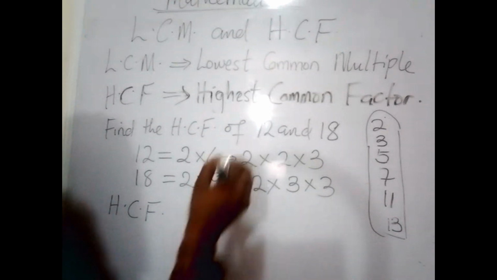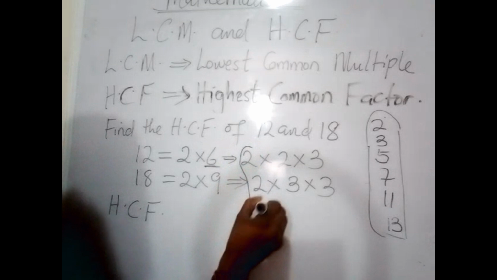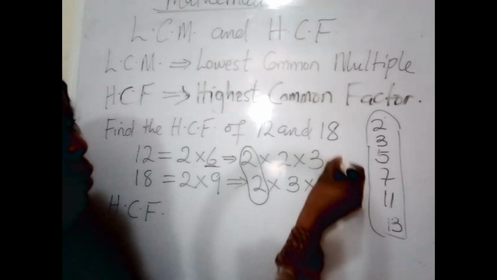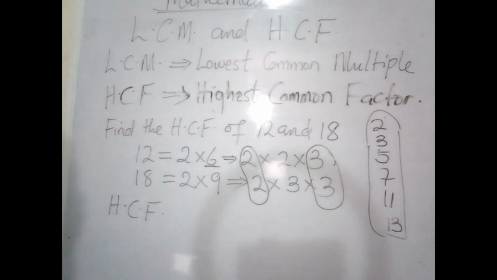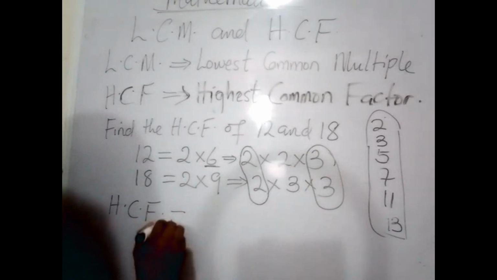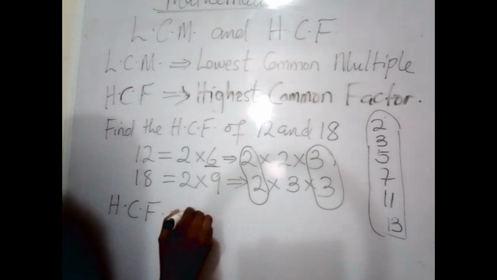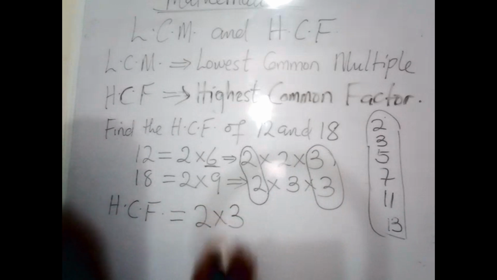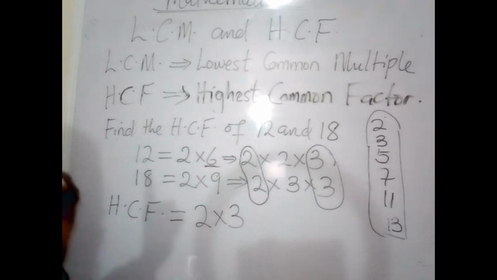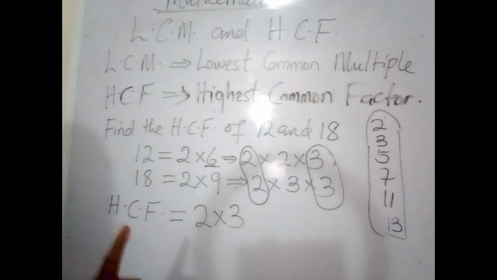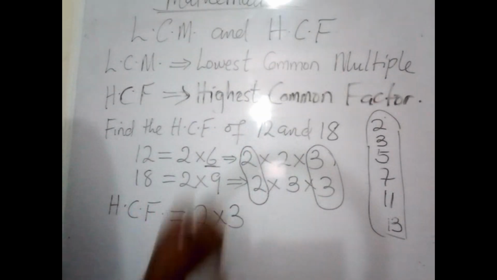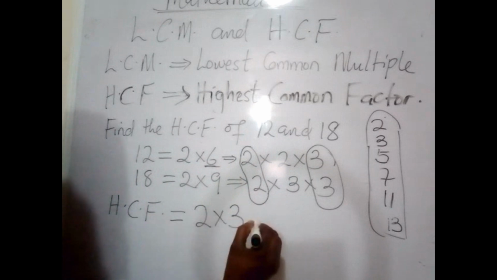So if we look at these numbers, we see that we have 2 up here, and we also have 2 down here, right? The next number here, we have 2, we have 3. They are not the same, but we also have 3 and 3 here. So we have 2 and we have 3 common to the two numbers. So the HCF would be 2 times 3. Mind you, as they are common to each other, you pick them only once. Since you have 2 up, 2 down, you just pick 1, 2, not 2, 2, no. And since you have 3 up, 3 down, you are picking 1, 3. So here we have 2 times 3 as the HCF, which is equal to